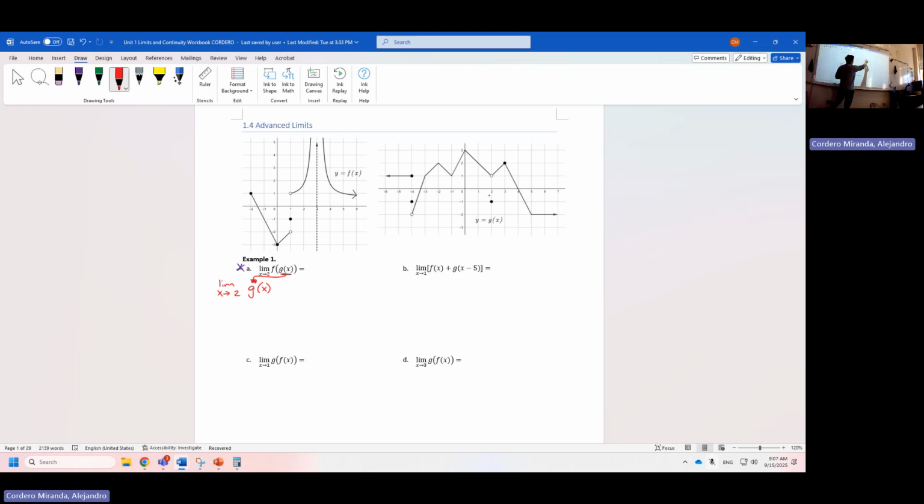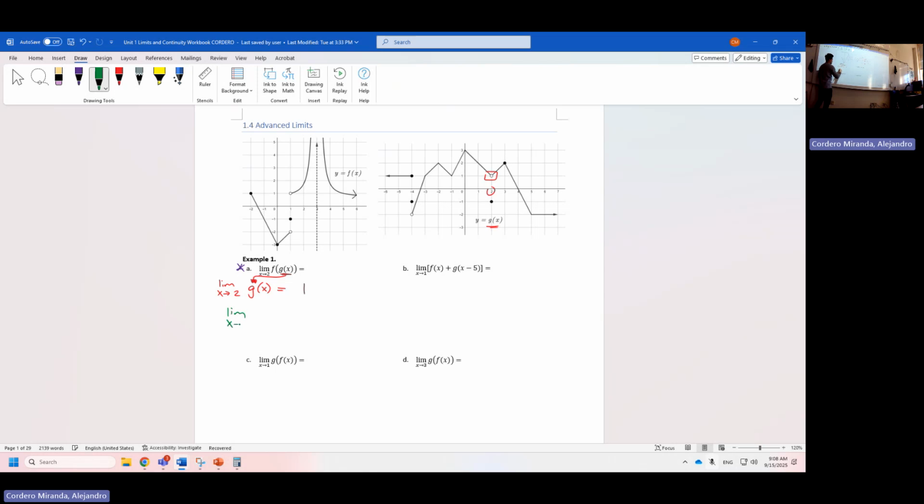It looks like the limit as X approaches 2 of G is, you tell me what, here's 2. You think about it. What's the limit? Yeah, limit is 1, even though the function value is -1. We've talked about that before, but here's the limit. Okay, so the limit at 2 equals 1. Cool. So far, nothing weird has happened. Now, if we take the limit of F at this result,